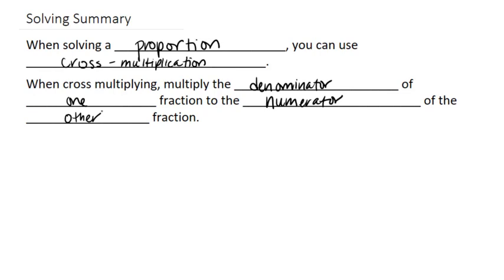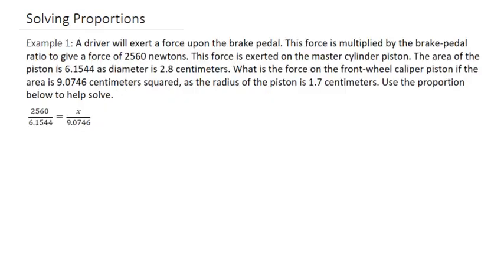So let's go back to our example to see how we can solve that then. What it means is when we take the denominator of one, we multiply by the numerator of the other one, so on the other side of the equal sign, and you do it for both of them. So you would multiply it like these. So let's go ahead and write this all out. So we have